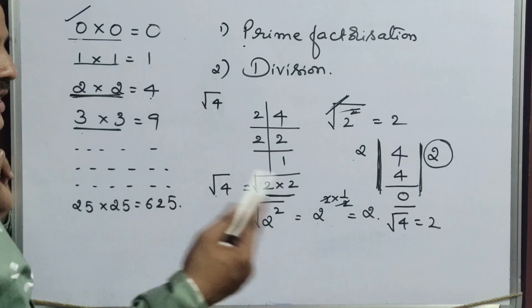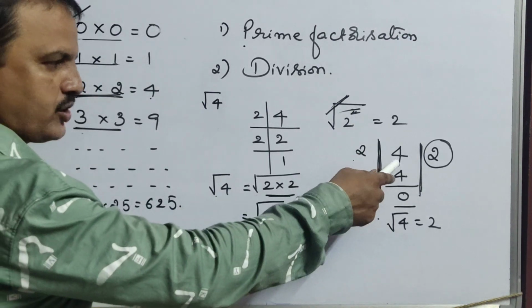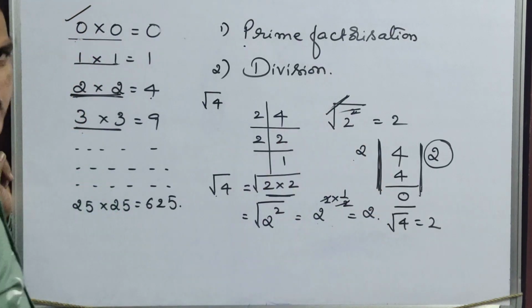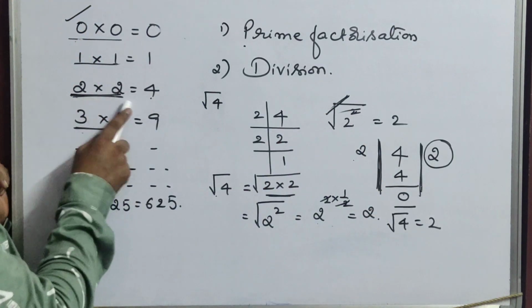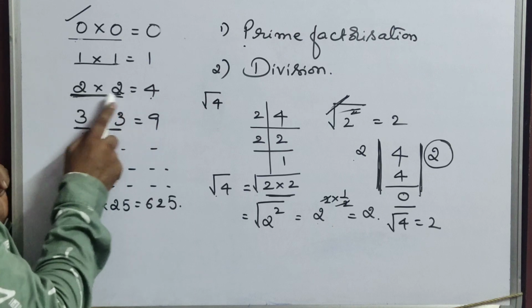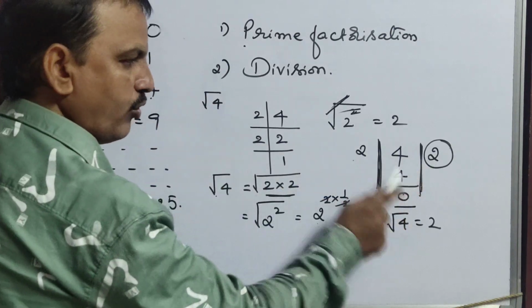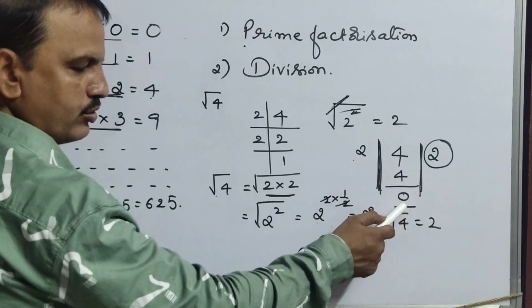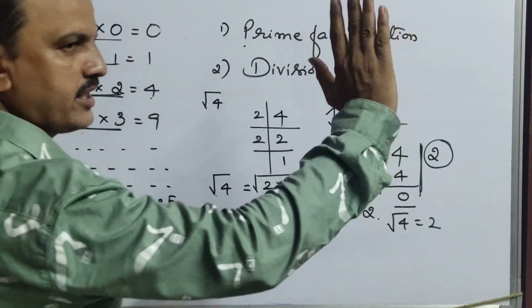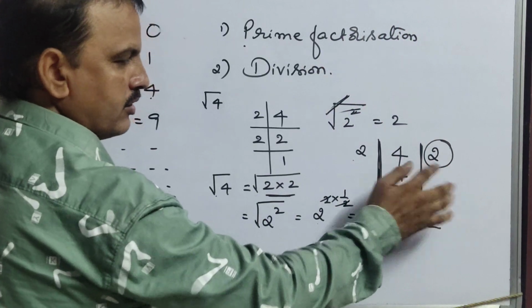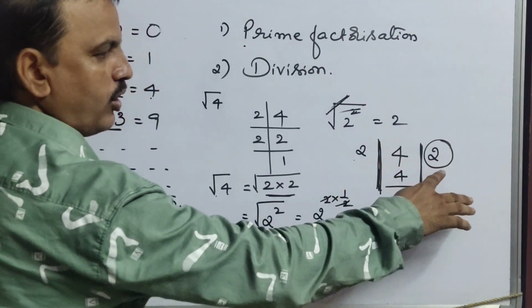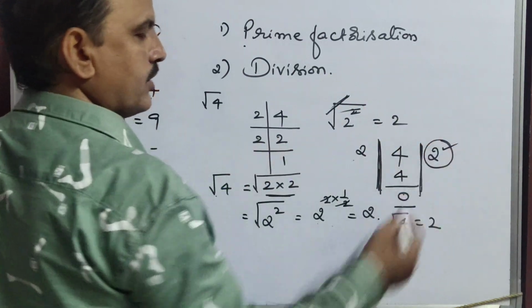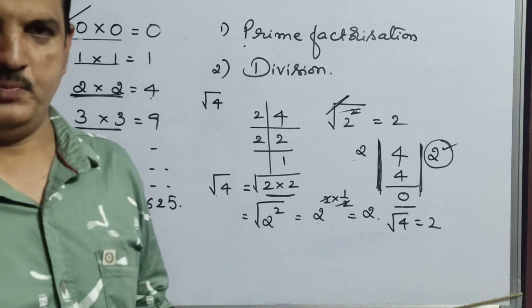Whereas coming to the division method, first write 4, okay, and see in which table 4 is coming. That means 2. Here both 2 and 2 are the same. So that table you have to use. 2 2s are 4. Now 2 2s are 4 you wrote, you got the remainder 0. Now what you got on the right side? That means this is like a division sum. The quotient will be the answer. So 2 is your answer. That means square root of 4 is 2.